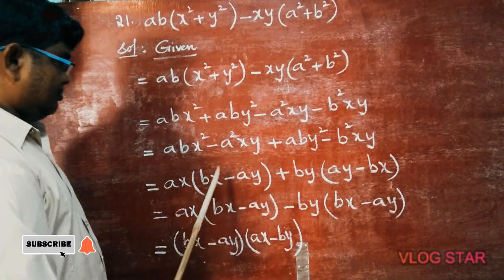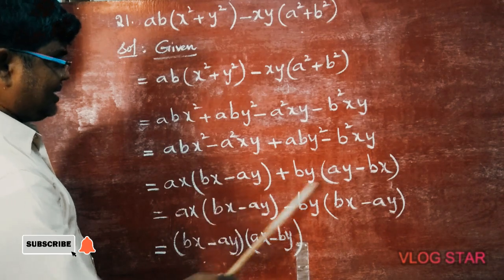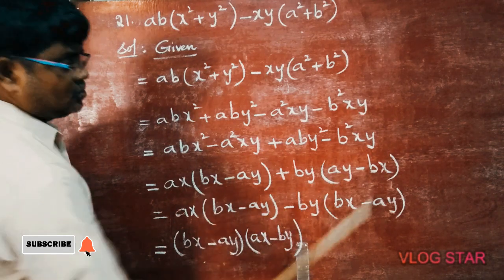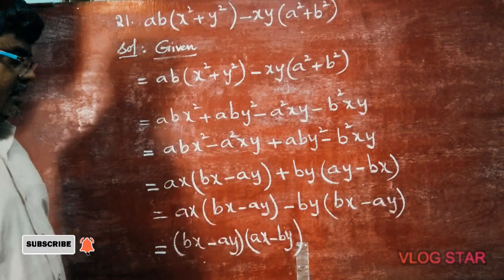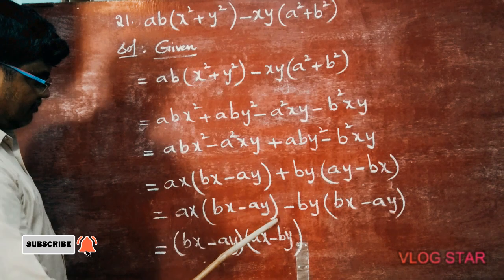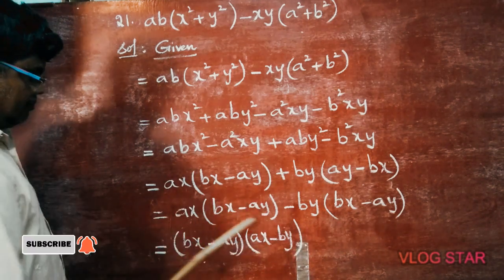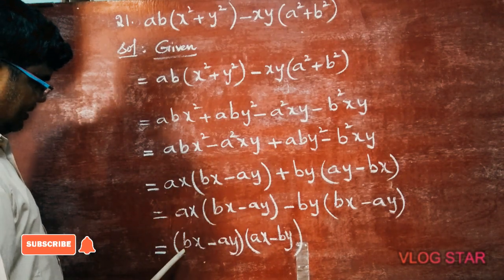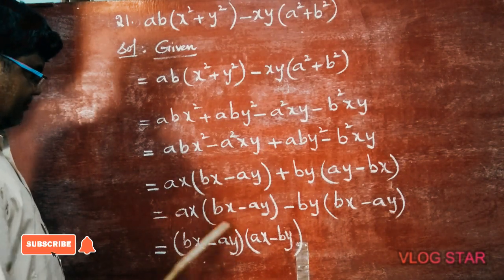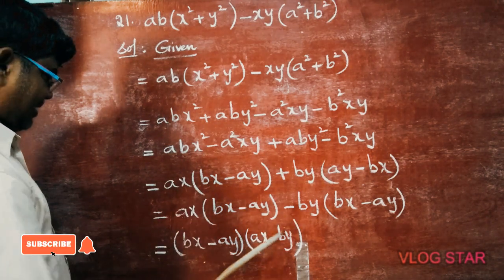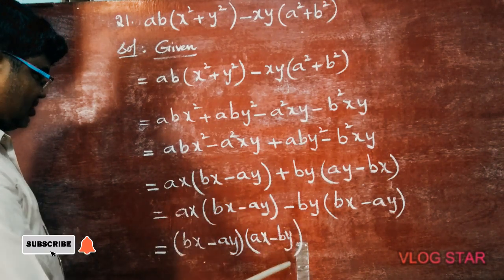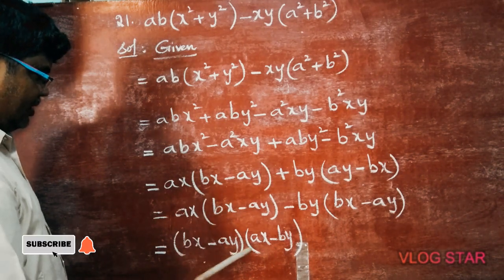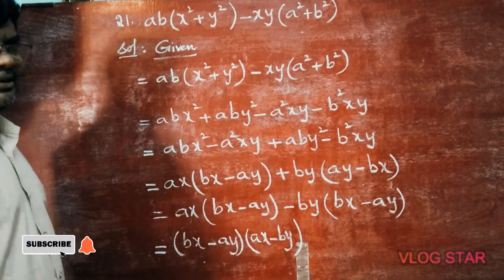Keep in mind, plus becomes minus, or suppose minus here, there comes plus. For plus, no problem. Here bx plus ay, there ay plus bx, also no problem, because 2 plus 1 or 1 plus 2 is the same. For plus no problem. For minus only you have to be careful. Now from the first term and the second term, bx minus ay is common. So you write it one time, taking common bx minus ay. What is left is ax minus by. So the final answer is bx minus ay into ax minus by.